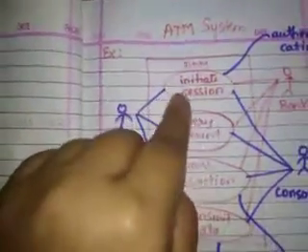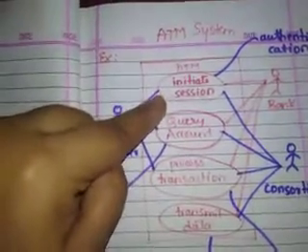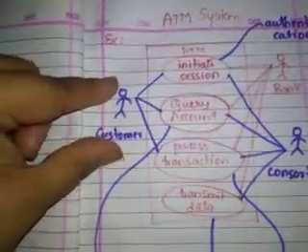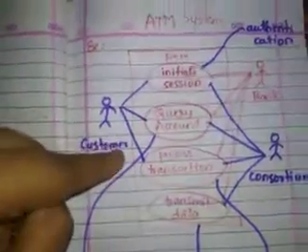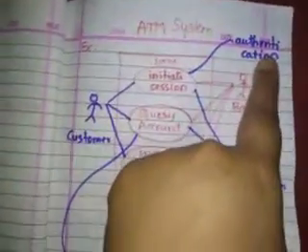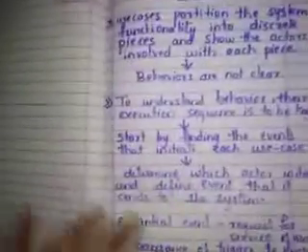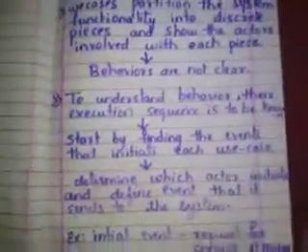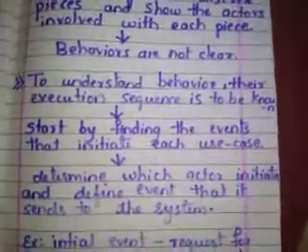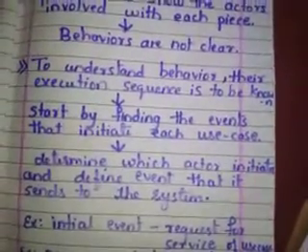So different behaviors are there. Even though the use case is one, it behaves differently with the different behavior of the customer, because customers, the human beings, are not under the control of the system. So depending upon the behavior, either the authentication will be successful or it can be a failure. Since the use cases are not explaining the behaviors, that is, the behaviors are not clear, to understand the behavior what is required is we should explain their execution sequence in the manner in which they will execute.